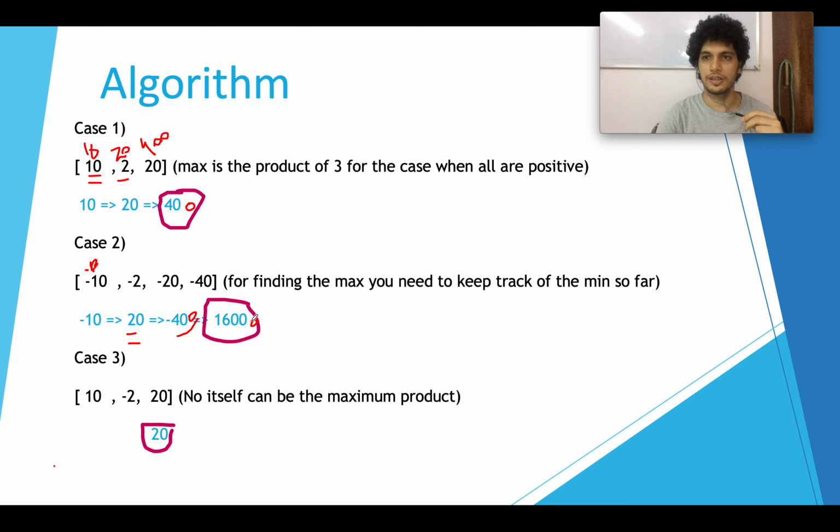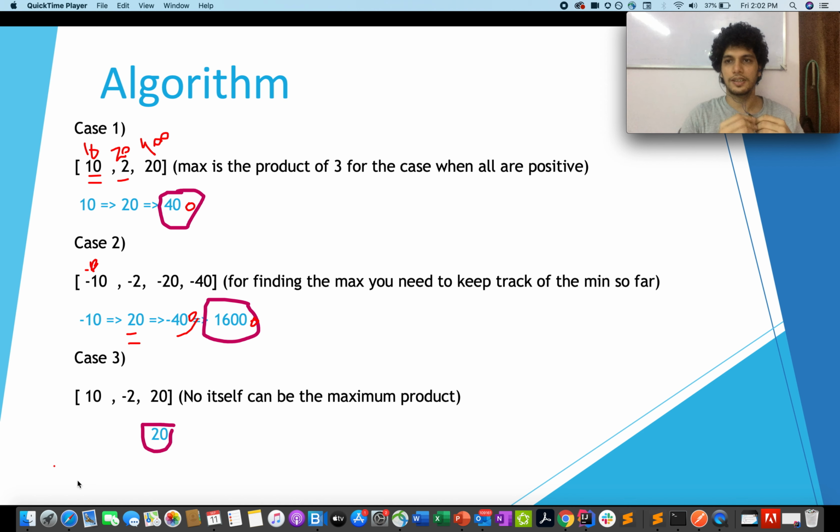So here you will observe that you have to keep track of the minimum so far, because you don't know whether the next element will be positive or negative in nature. If it is positive, then it won't be one of the contenders, since the previous value was negative and it's positive. However, if it is negative, then the previous negative value into the current negative value will give you a positive value, which will turn out to be a contender for the maximum product subarray. Hence, you need to keep track of the minimum so far that has been visited in your array.